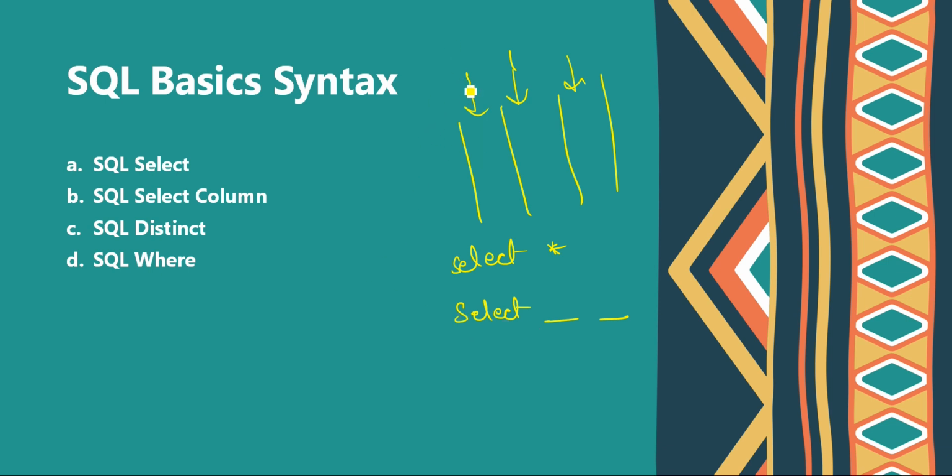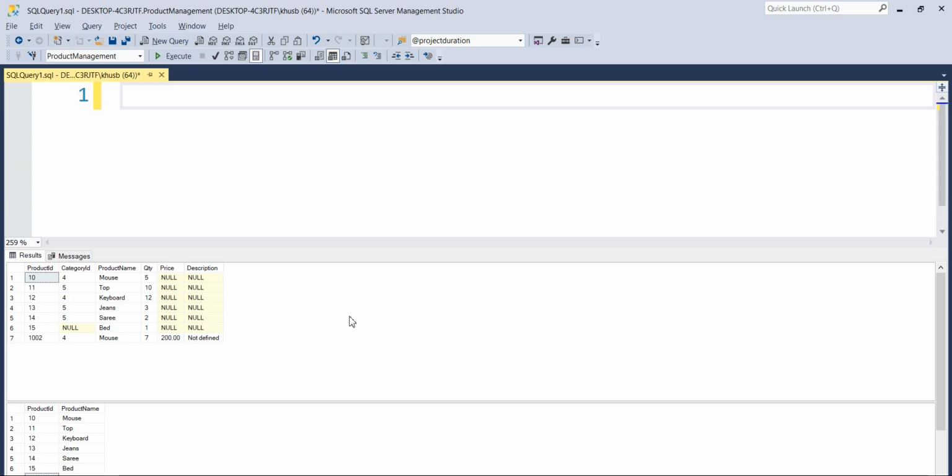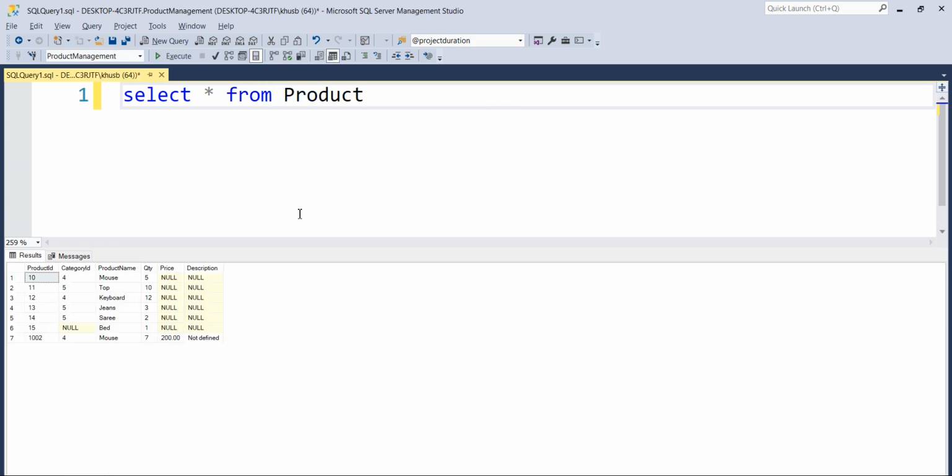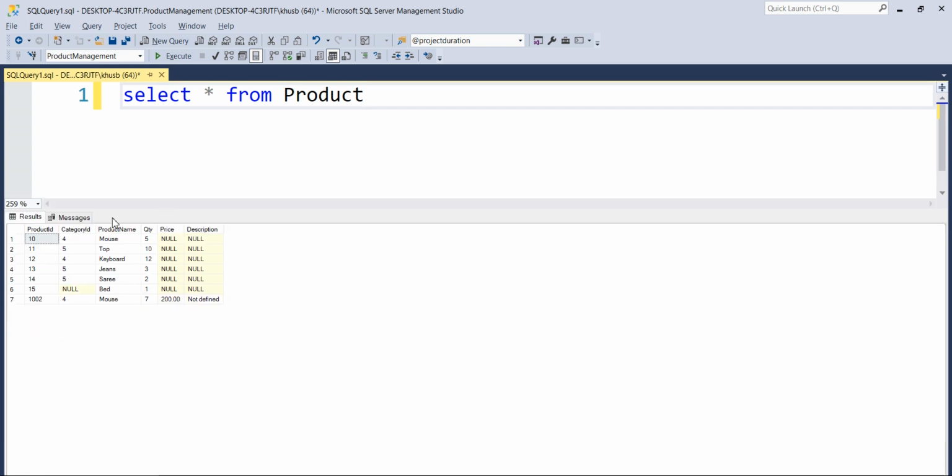So it is only going to filter the columns. Now what happened if, let's say, I will write select star from product. So as you can see, we have a total 7 products. Now I don't want all of that products. I'm only interested in this mouse product details.